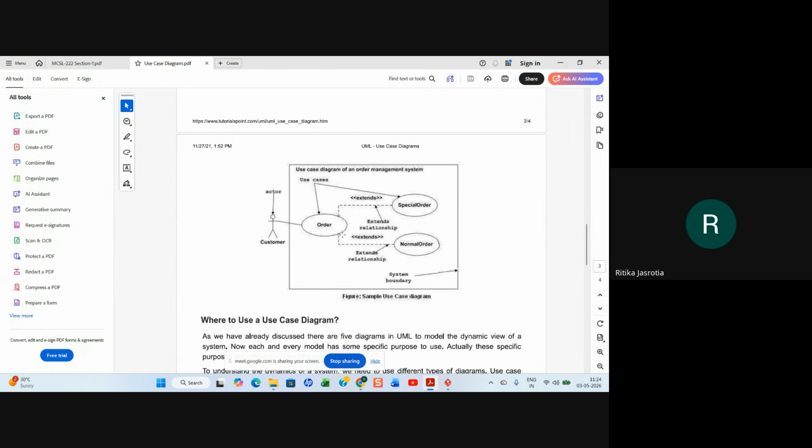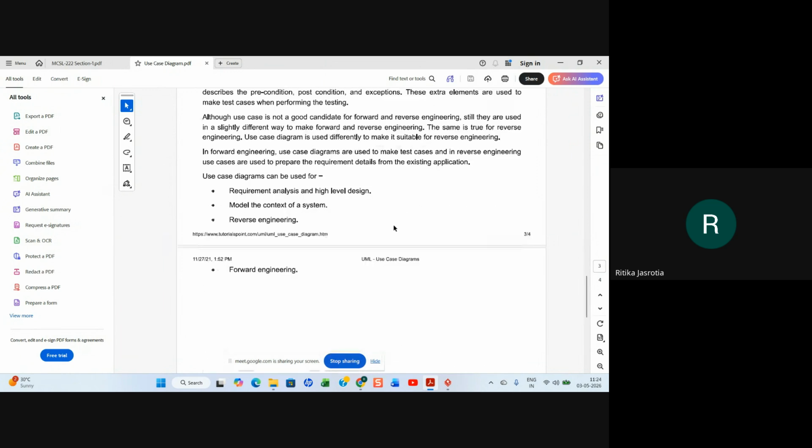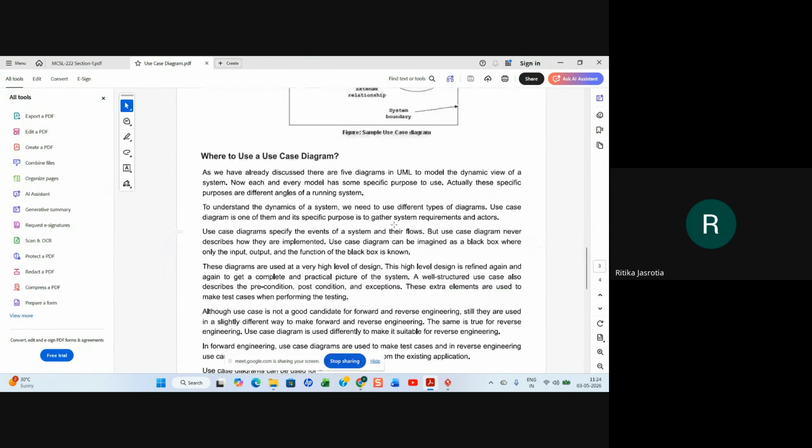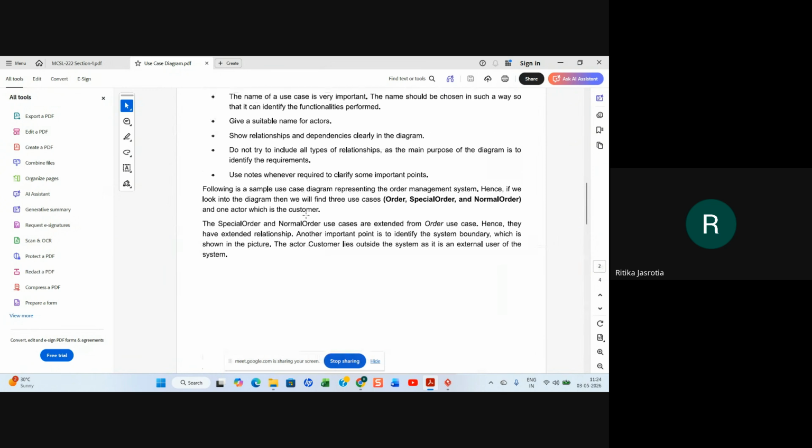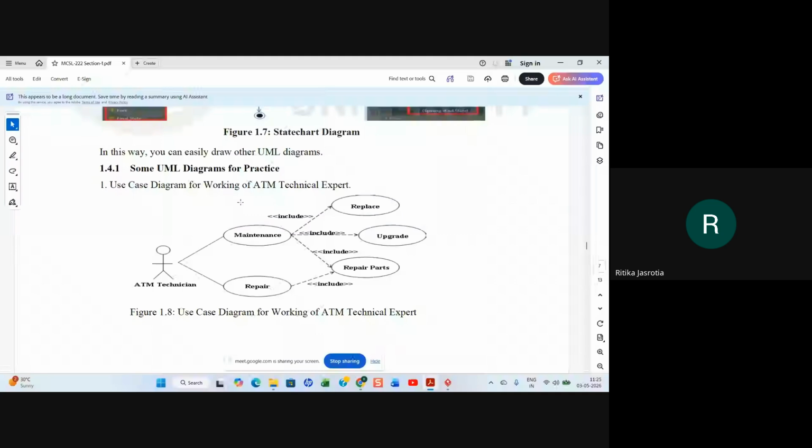This is extend, right? So we are just talking about these kinds of things. There is include also. Special order and normal order use cases are extended from the order use case, hence they have an extend relationship. That is what extend is. Some other example if we take.